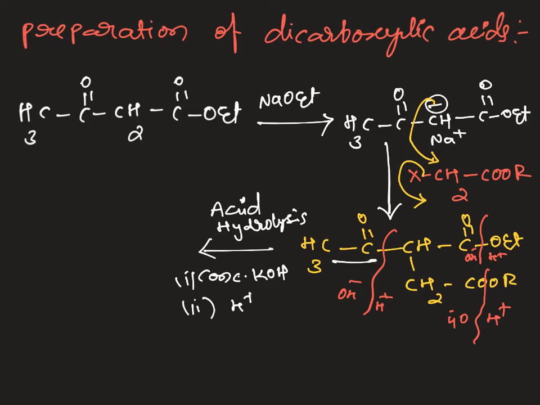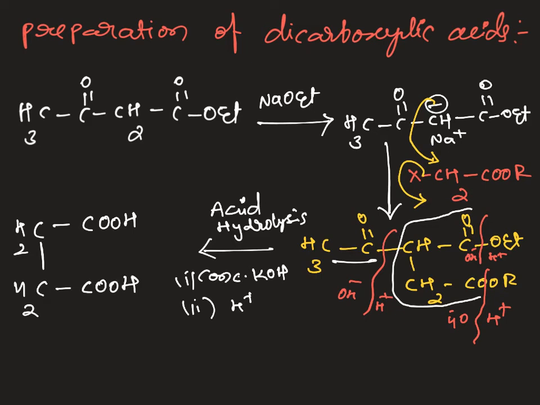Acetic acid here, and this part is very interesting for us, where we get CH2 and COOH, and the byproducts are acetic acid and ethanol. If you use an ethyl ester, we get ethanol. If you use a methyl ester, we get methanol. So I am writing here ROH, or whatever ester we are using, that we will get.